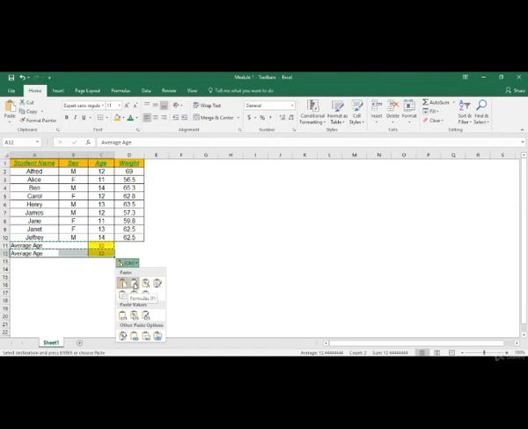Paste is what we have done. Now formulas. If I do a formula, let's see how this cell will change. Supposedly I just select formulas. It will just keep the formula, but all the formatting and everything will be gone. If I select formulas and number formatting, it will keep the formulas. It has the formula over here similar to this, just that it is not taking the other formatting, which is cell formatting. The number formatting is still there. It is appearing as 12 over here, and it is appearing as 12 over here as well.